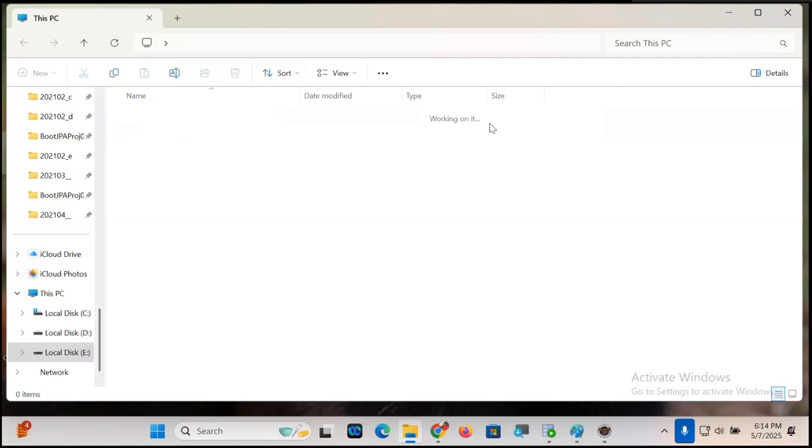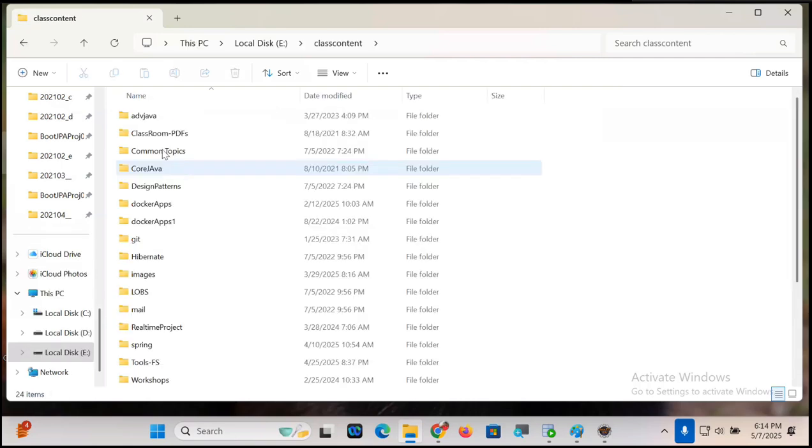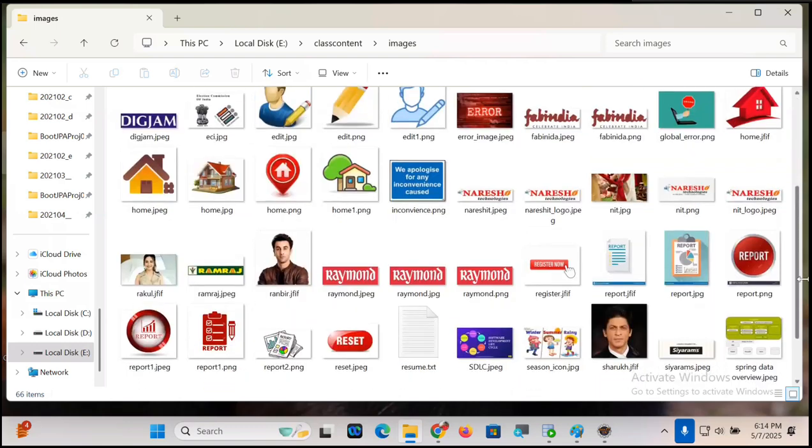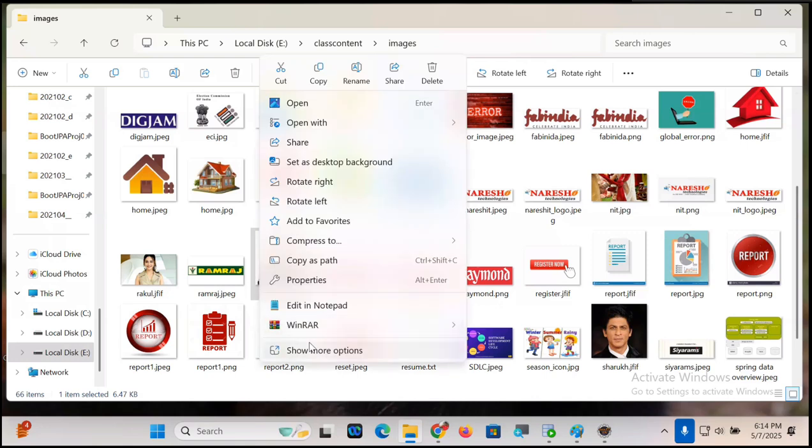E drive, where is this? Class content. Images folder. Shahrukh Khan, Akshay Kumar, so many photographs are there now, boss. Let's insert one photograph, guys. I think Ranveer.jfif is there, right? Show more,